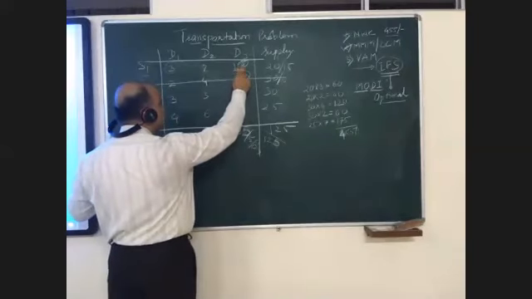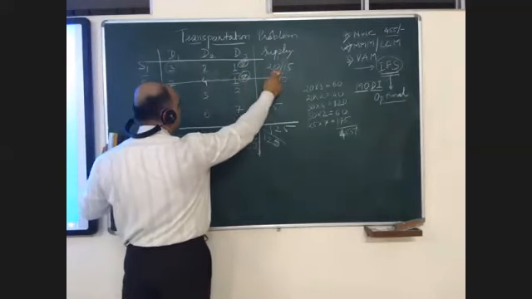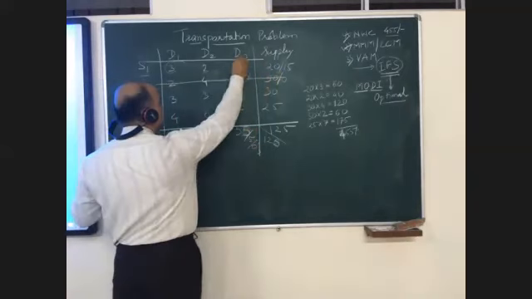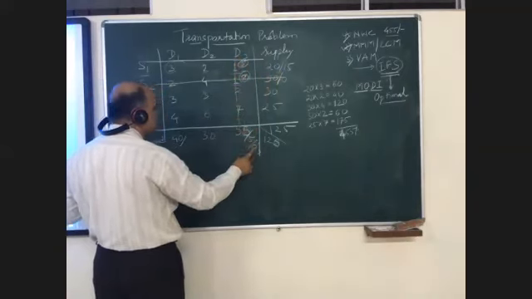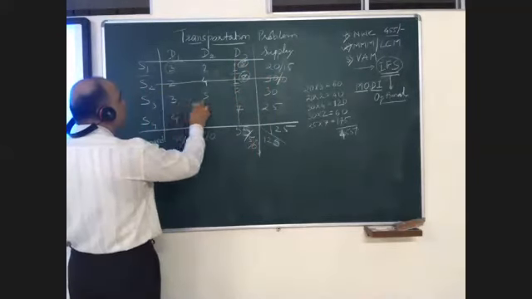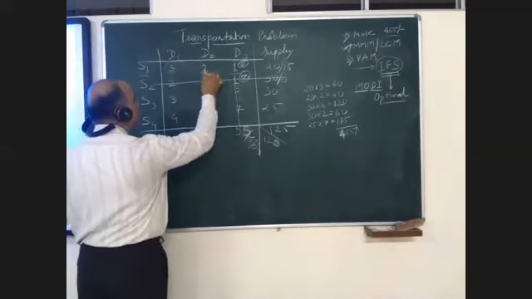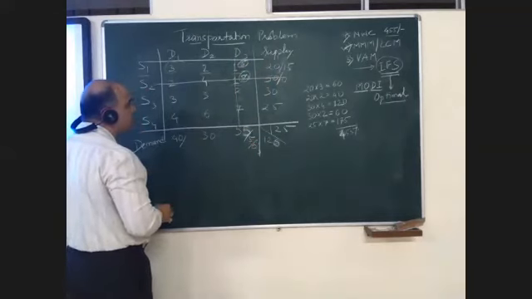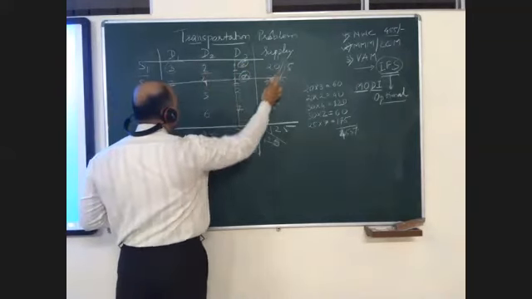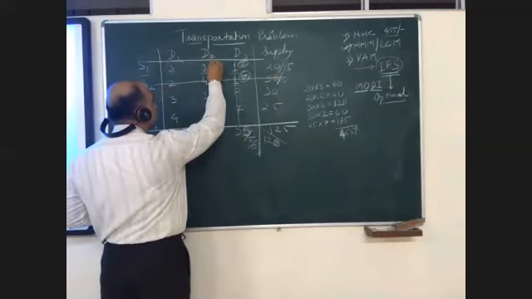Yes, sir. The supply is 20. Demand is only 5 units. That's why I have supplied 5. The demand is exhausted and supply is 15. Now, I'll scratch this. Why? Because the demand is fulfilled. Among the open costs, the minimum is 2. So this center, the supply is 15 and demand is 30.